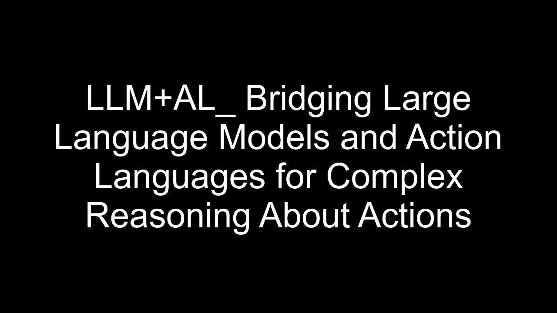The paper emphasizes the importance of elaboration tolerance, the ability of an AI system to adapt to new information or altered circumstances. How does LLM plus AL demonstrate superior elaboration tolerance compared to the baseline LLMs? The benchmark problems included several elaborations of the missionaries and cannibals puzzle, introducing variations in constraints and initial conditions. Baseline LLMs frequently violated constraints or failed to adapt their solutions to the changes. LLM plus AL, however, demonstrated a much higher degree of robustness, consistently producing correct solutions even with these elaborations, often requiring only minor adjustments.